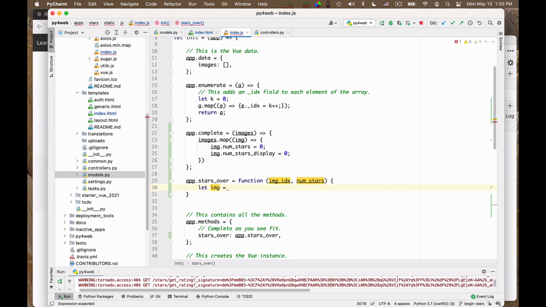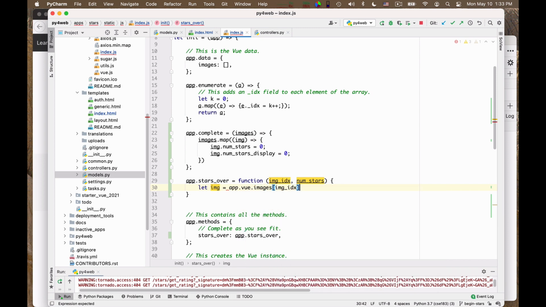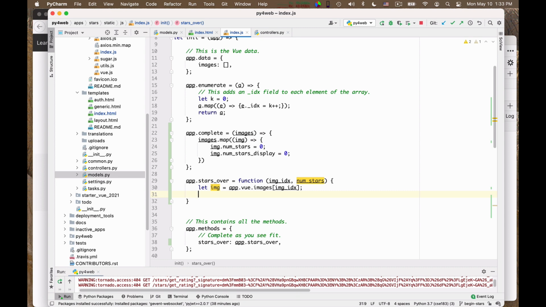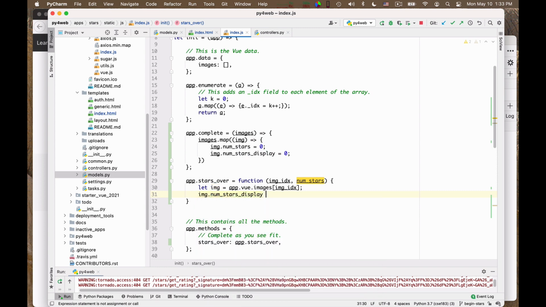First of all, let's fish the image out of the array of images: app Vue images of image index. This gives us the image whose stars we are hovering on. And then we simply say that image number of stars to display is equal to number of stars. So if you hover over the 3rd star, we will have 3 stars to display. That's all I do for the moment.